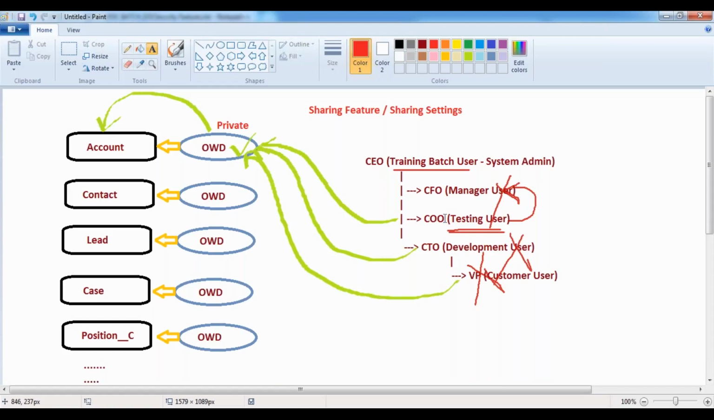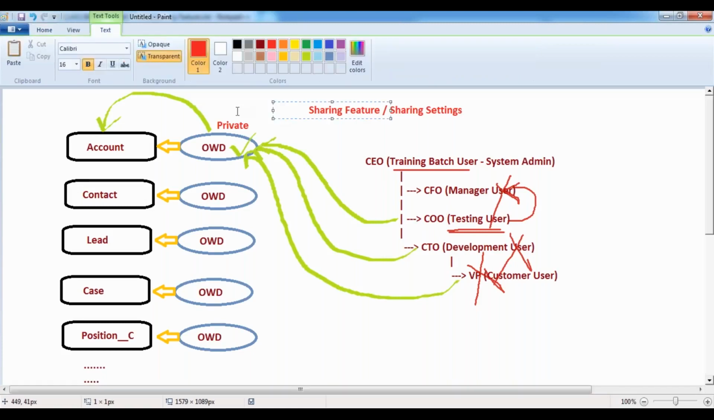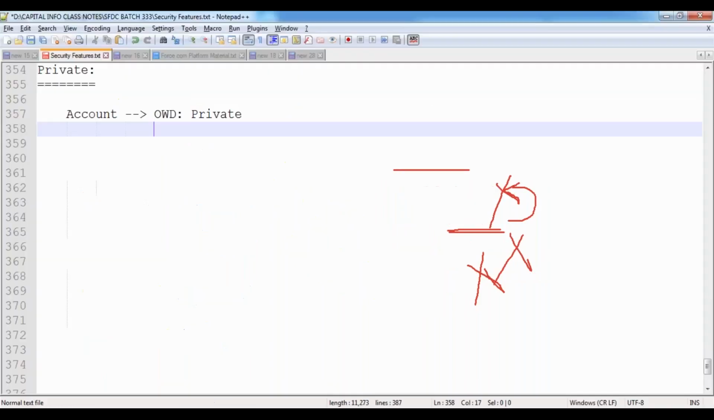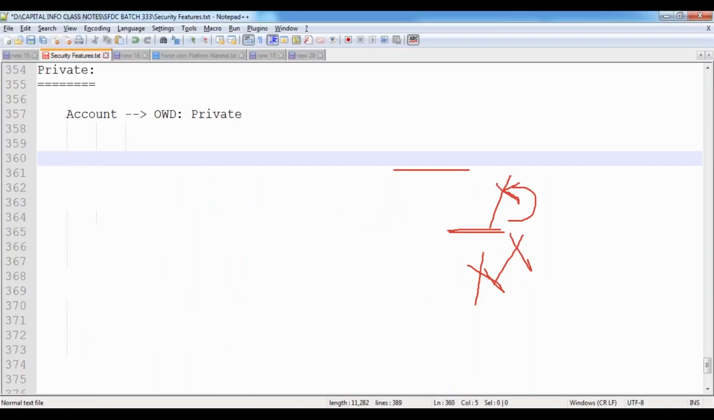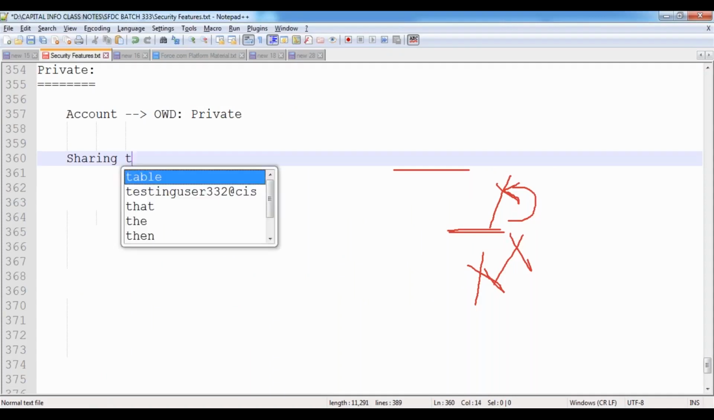Now in this case, whenever we make a record private, the record will not be visible to other people. So to make the record visible to other people, we use a feature called the sharing feature. Then how can we share the record over here? Whenever we are going to share the record,